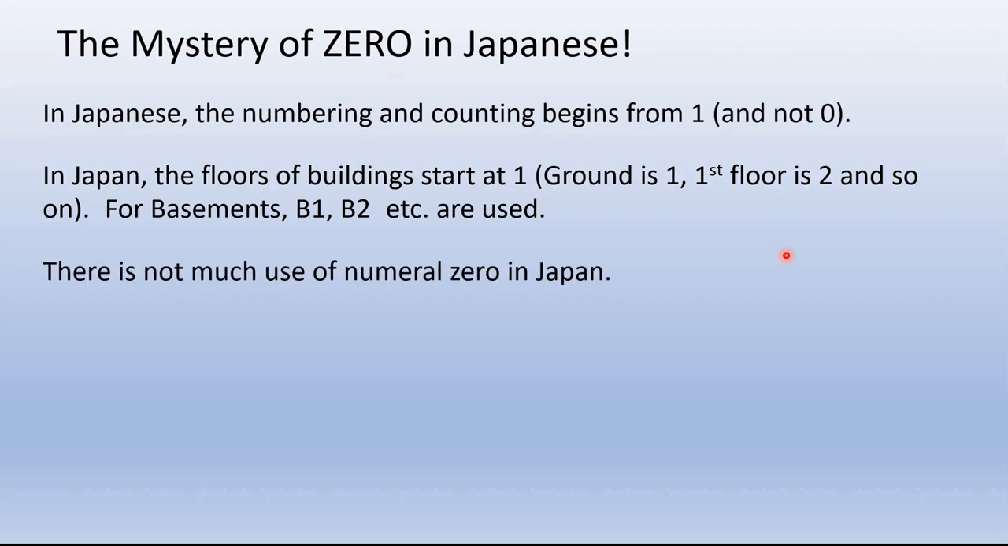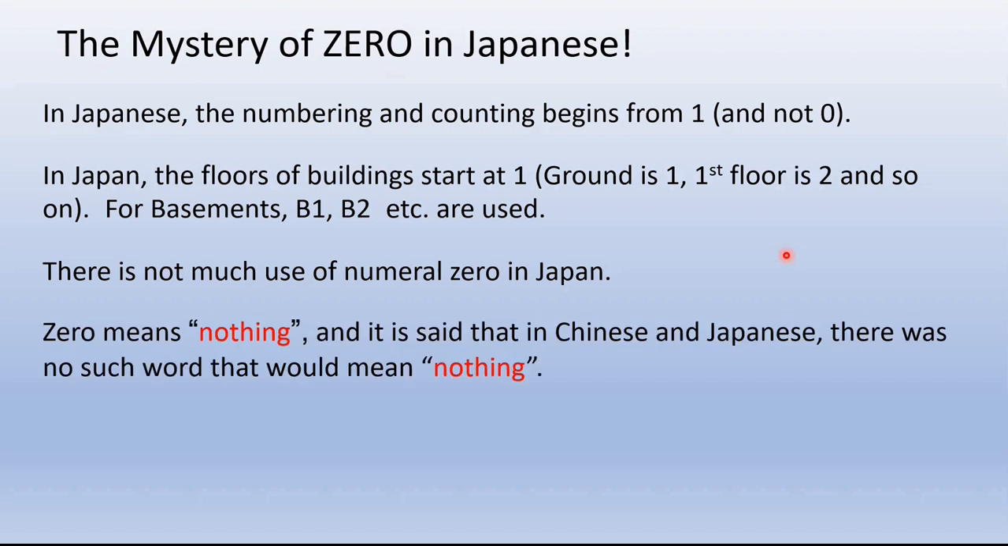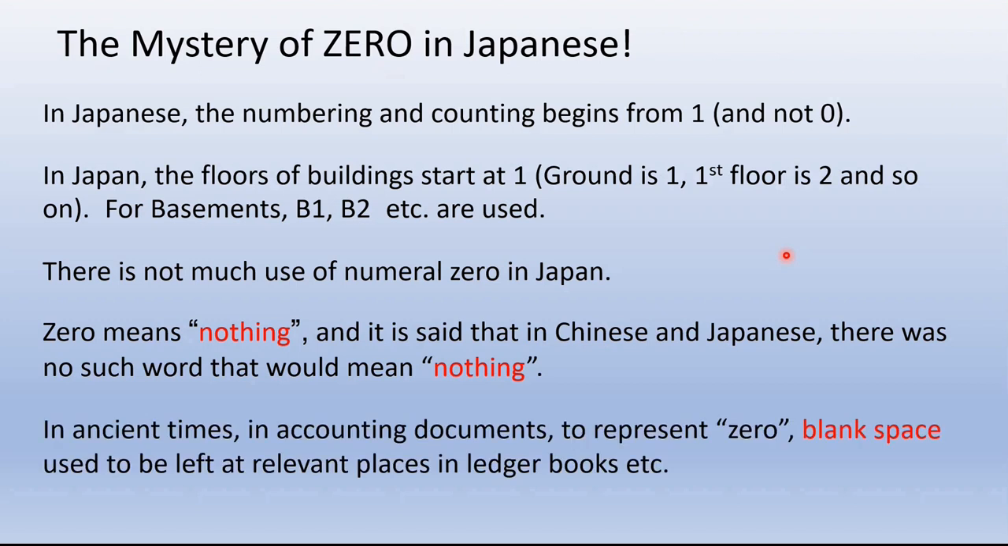There is not much use of numeral 0 in Japan. So what's the reason for that? 0 means nothing or void. And it is said that in Chinese and Japanese, there was no such word that would mean nothing, that is, emptiness or void. In ancient times, in accounting documents, to represent 0, blank spaces were left at relevant places, such as in ledger books, accountancy books, and so on. So there was no 0 symbol and only blank spaces were left wherever there was a need to represent 0